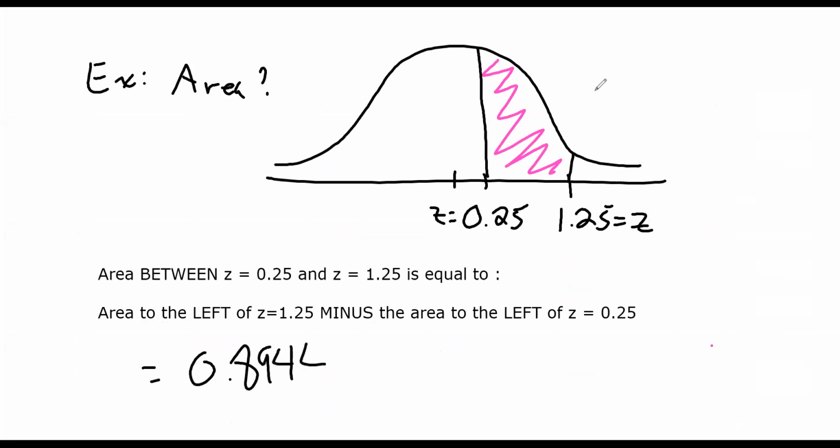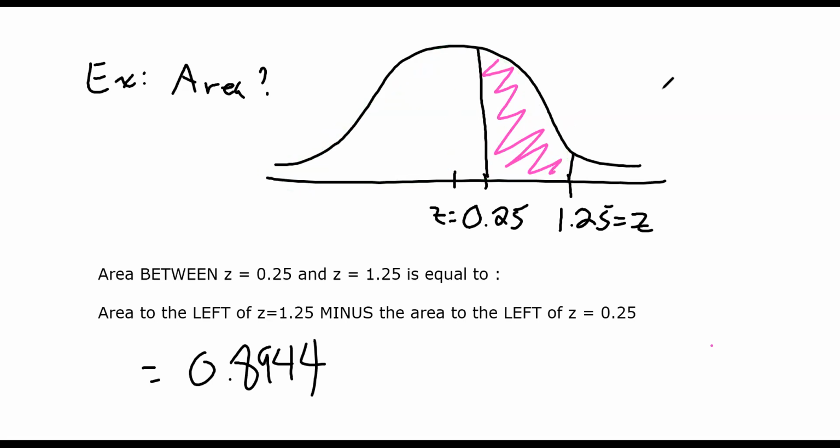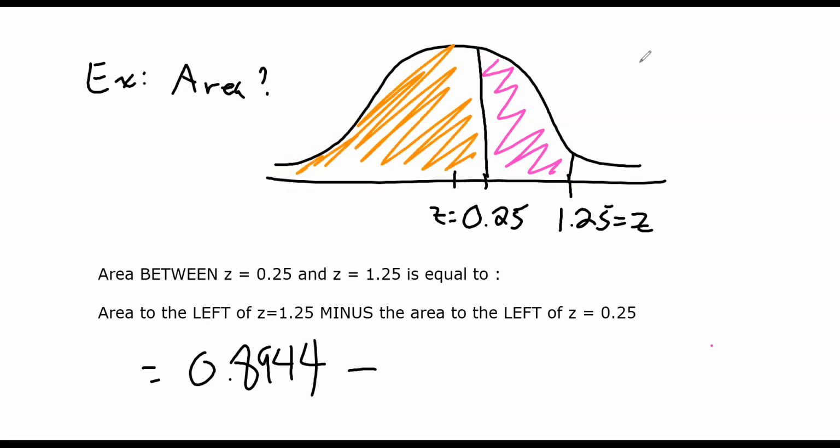0.8944. And again, what that number would represent is this total area left of 1.25, which is more than what we want. Then from that, we will subtract the area to the left of 0.25. In other words, we'll look up this area to subtract it from the whole thing, which will leave us the pink area. And if we go to 0.25 on the Z chart,